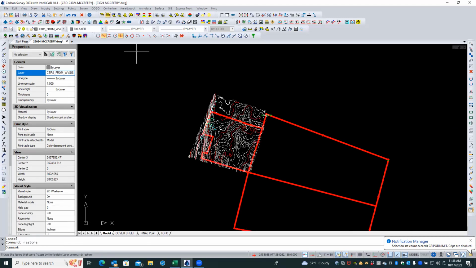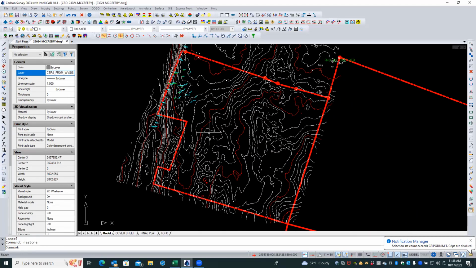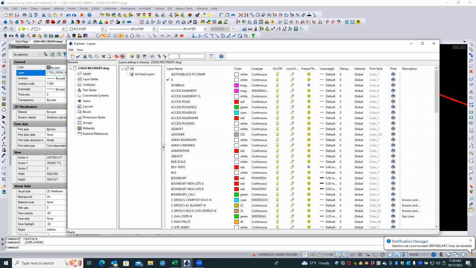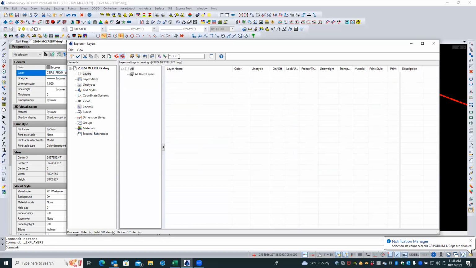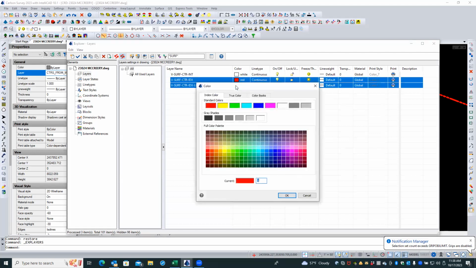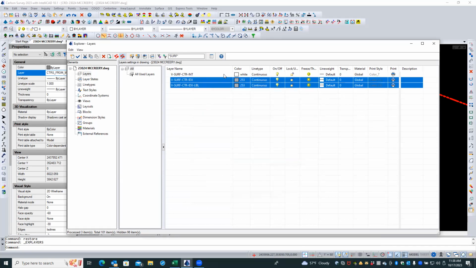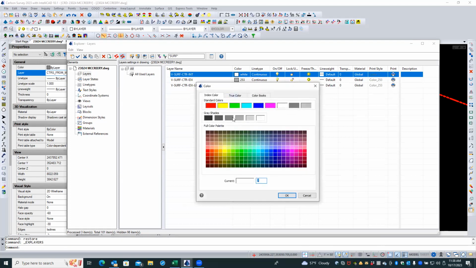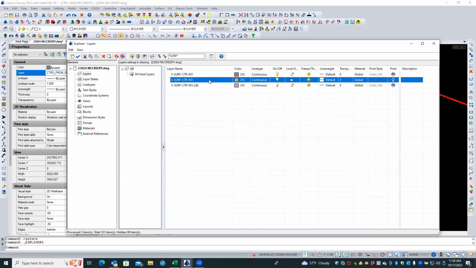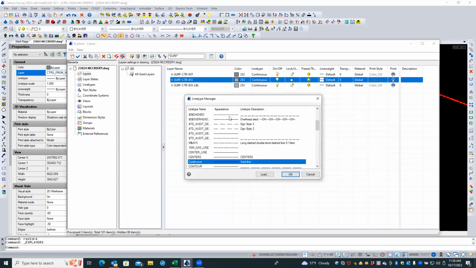So I'm going to restore my layers. Now I've got reds and whites. And I'm now going to go back to my layer definition, sorry. Put in my little filter here. And I'm going to take my index and the labels and I'm going to set that color. I'm going to set for my intermediate the adjacent color a little bit darker. And now for these two lines, I'm going to set,